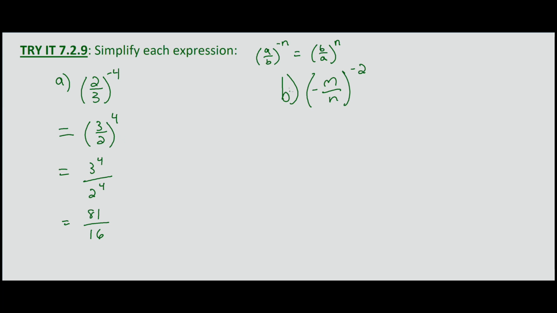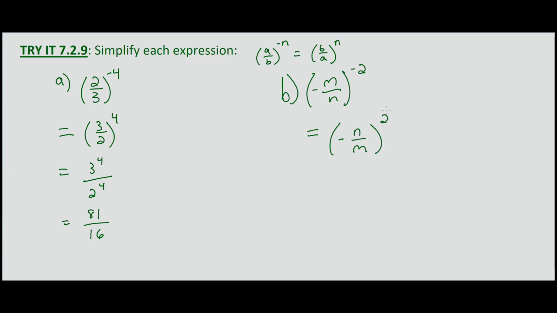Now with part B, we're given variables, so we're going to assume, technically, we should have to say m can't equal 0, n can't equal 0, but we'll just assume that it meets those properties. So we can just take the reciprocal. So this equals negative n over m